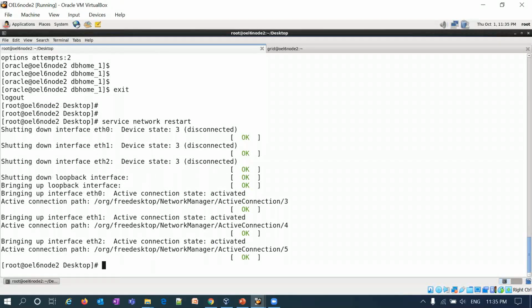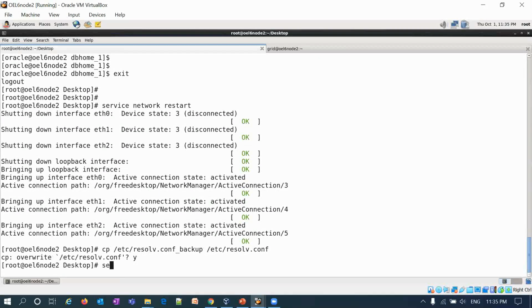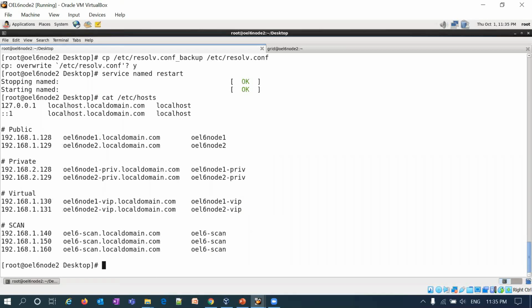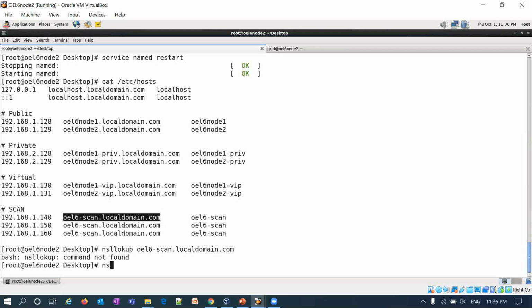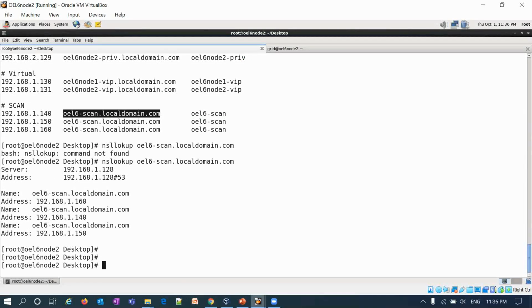Okay, so I'll copy that one, my /etc/resolv.conf backup file, to /etc/resolv.conf, and I will do service named restart. If I do cat /etc/hosts, and if I do nslookup to my scan, nslookup, it's happening, right? So that's a fix for these two failed